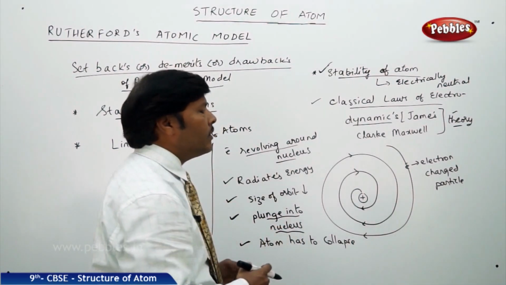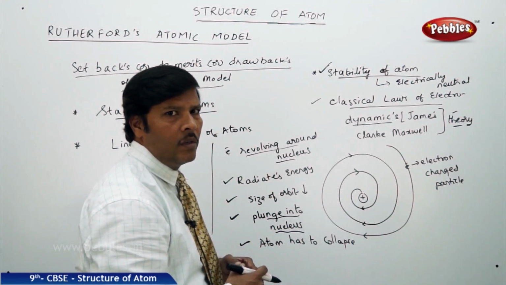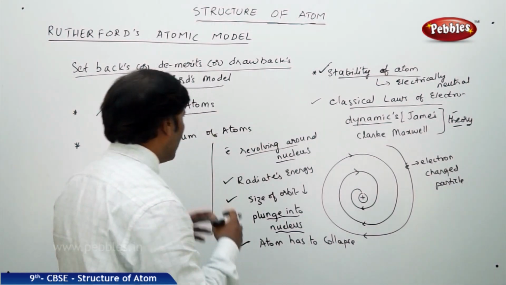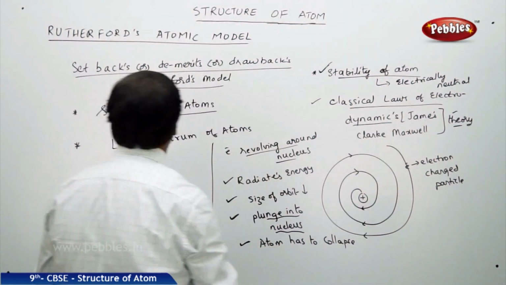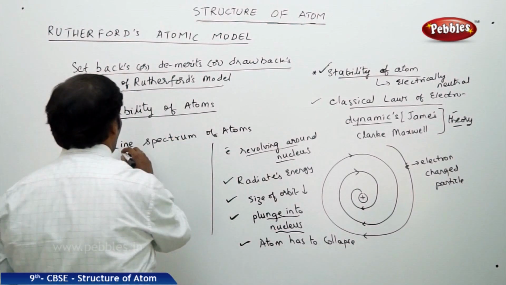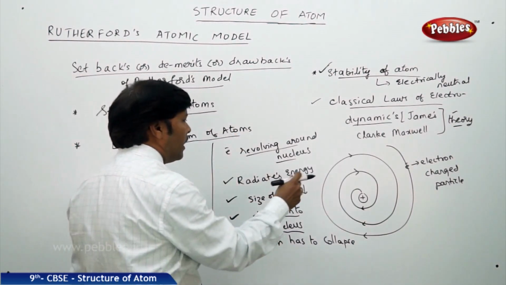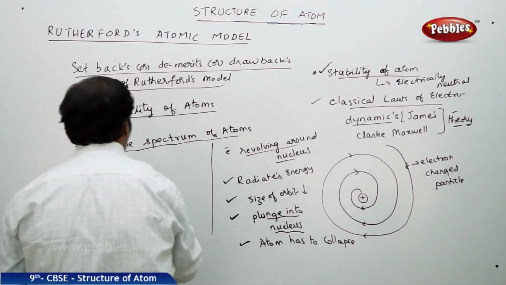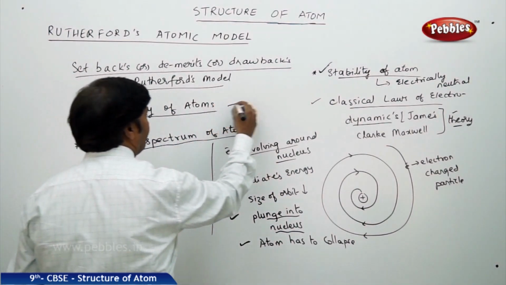But this mechanism was not explained by Rutherford's concept, and that is why we say that the stability is not clearly explained by Rutherford's atomic model. And what about the line spectrum? When the electron is radiating energy continuously, if it is radiating energy continuously,